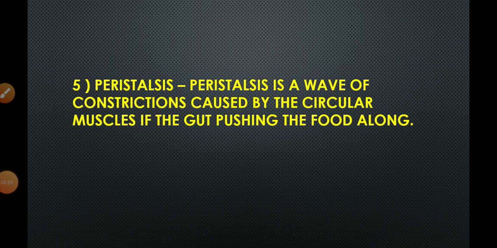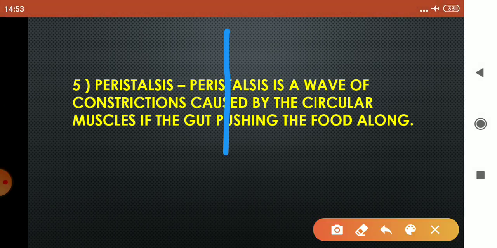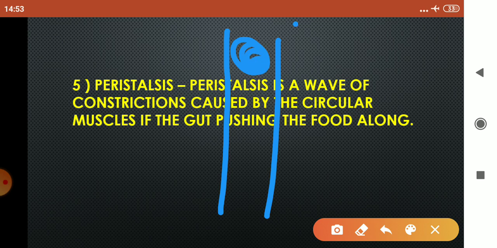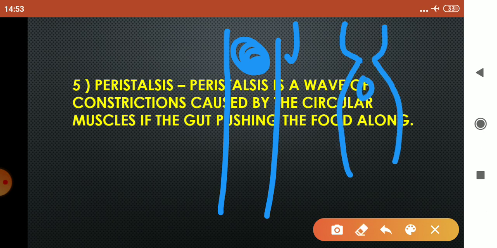So children, what happens in peristalsis is, suppose this is an esophagus and food has entered here. So a wave of constriction will come, and then like this. This is a wave of constriction. This has a mistake in drawing. Just wait. Like this. Then this food will come here.